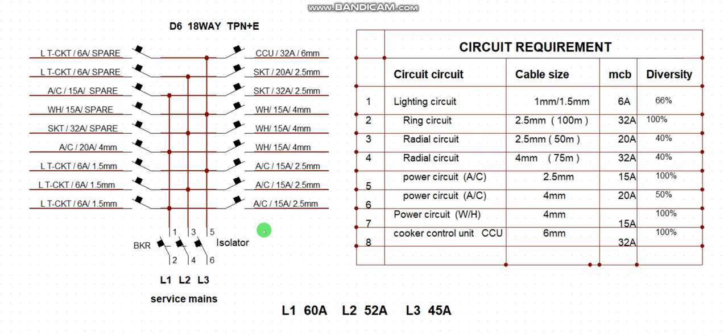Oftentimes we find that technicians come to the distribution board and alter the existing load balancing arrangement. They alter it by taking away one of the supplies and replacing it with a lighting circuit. Take note that the distribution board is specially designed for the power sources of utility and standby, and standby is for the alternator. If the alternator's load balance is not well arranged, the alternator coil, the winding, will